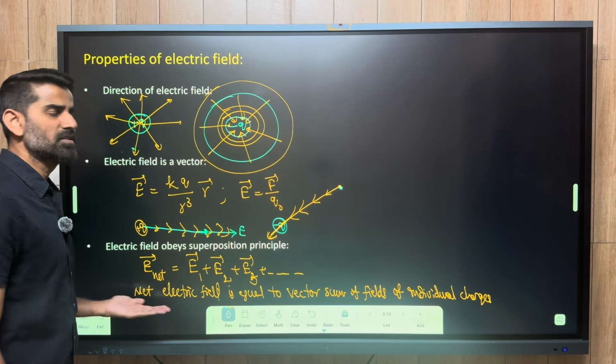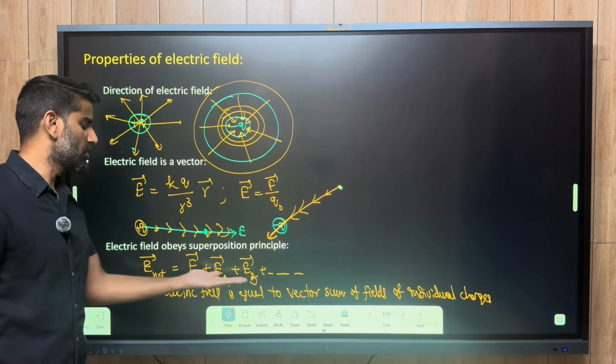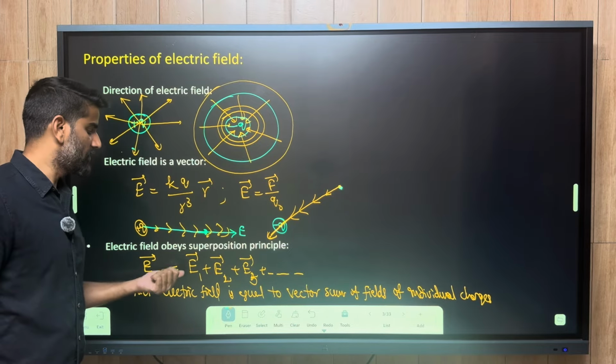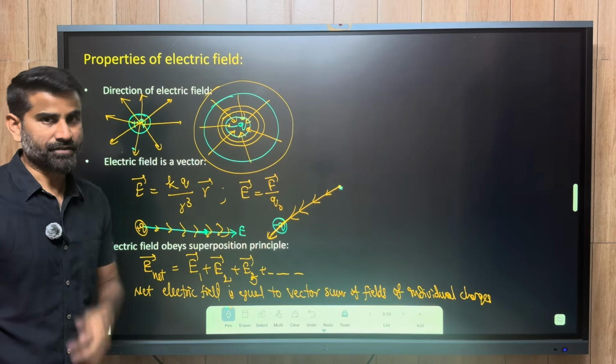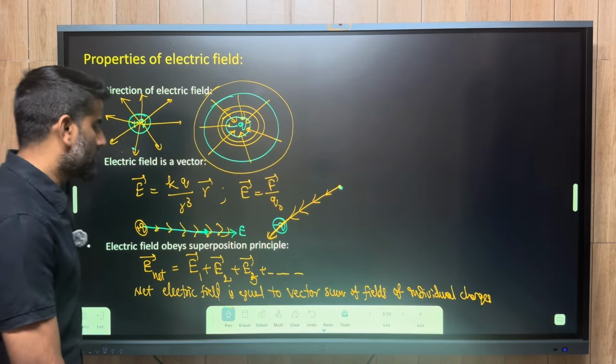You don't need to remember this statement, but you are supposed to remember this equation. Net electric field is the vector sum of individual fields. Now coming to the next